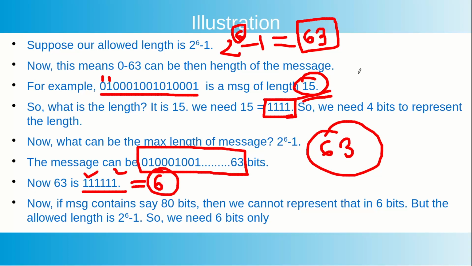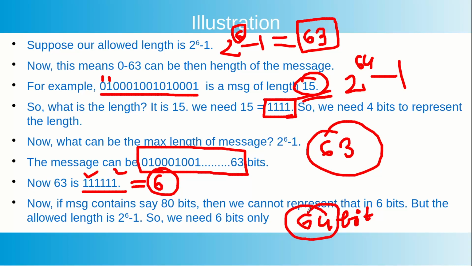So if my maximum possible file size is 2 to the power 64 minus 1, then I need 64 bit. So 64 bit to represent the length, not the text. Text will require 2 to the power 64 up to. So whenever there is a large text, it may be terabytes, it may be 1000 terabytes of text, but no matter what the text is, I need only 64 bit to represent the length of the text.